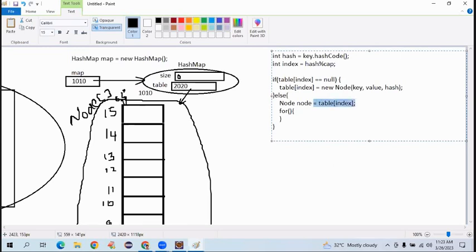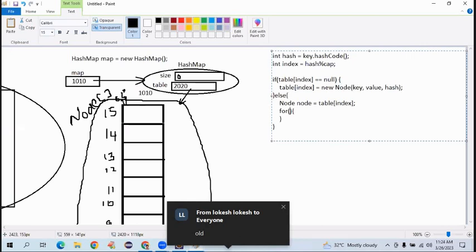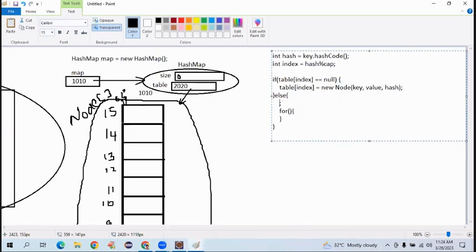The table of index reference is taken and stored in the node variable. Is it a new node or an old node? Old node. Okay, for loop, what will we write now? Let me write it here directly inside instead of outside. Semicolon, node equal to